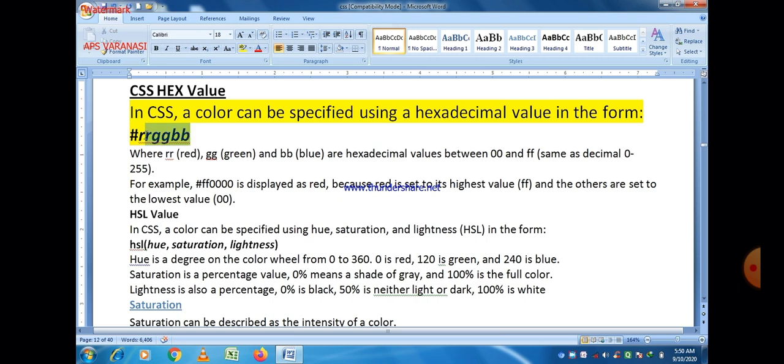So red, green, blue is still there, but 2 digits are reserved for each purpose. And one more important thing, when we talk about the digits, it means we give a value from 0 to 9 and alphabet from A to F, which is, as we know, the hexadecimal representation.